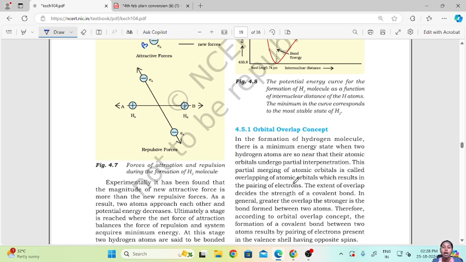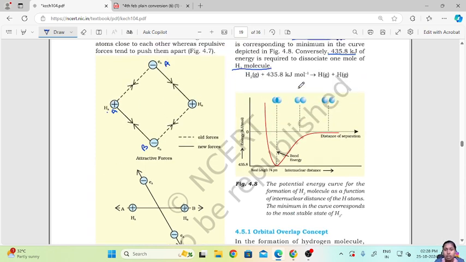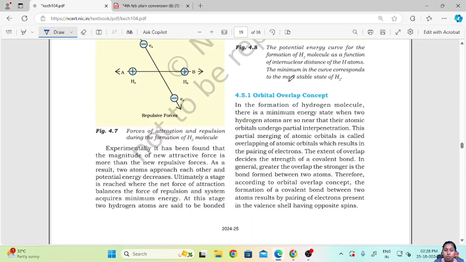So this partial merging of atoms is said to be the overlapping of atomic orbitals, and this overlapping gives rise to the pairing of electrons. Now the extent of overlap decides the strength of a covalent bond. To what extent the overlapping has taken place, that results in